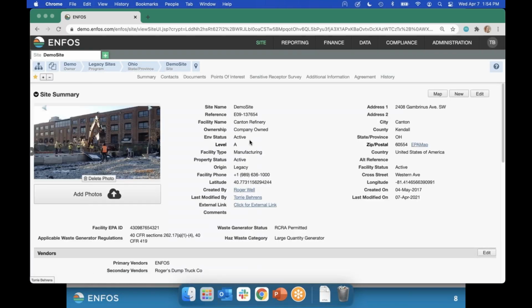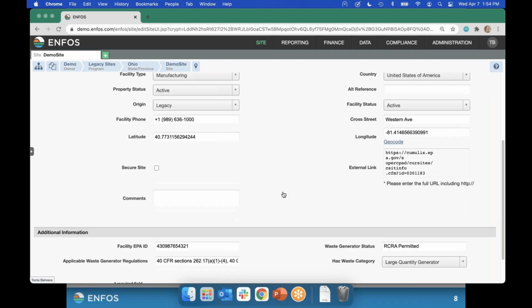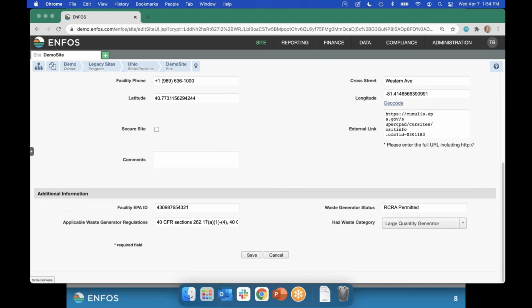We had one more question come in, Torrie. It's about additional information, actually. If I need to store more fields in my summary section, do I do that with additional information, or is there another way? Yeah, great question. The answer is it's additional information. And I would recommend